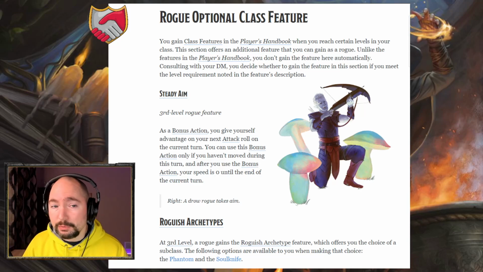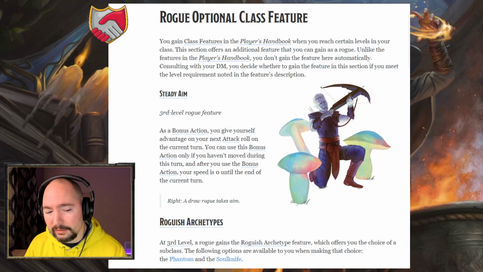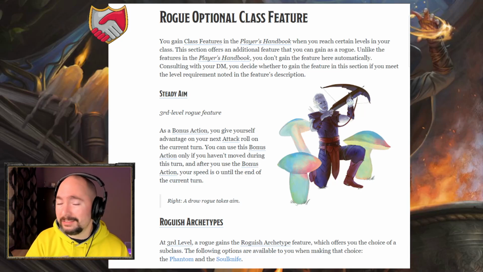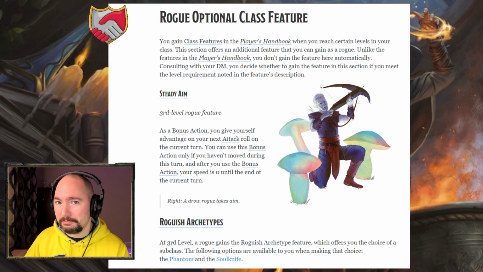As with every other class we've taken a look at, the rogue also gets optional class features. And for the rogue, it's really only one feature, but it's a pretty powerful one. It's Steady Aim, and this is a 3rd level feature. It doesn't replace any existing features for the rogue. This is a straight up buff, a straight up new option that you get at 3rd level as any kind